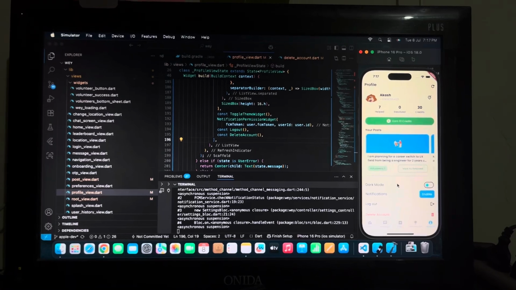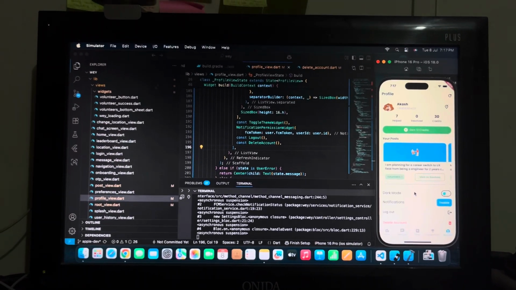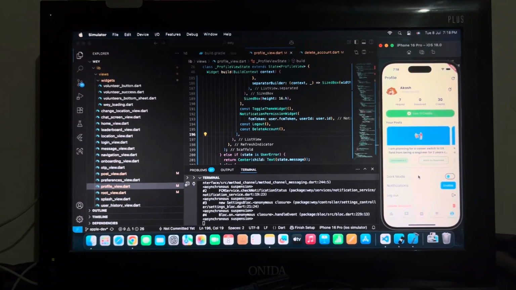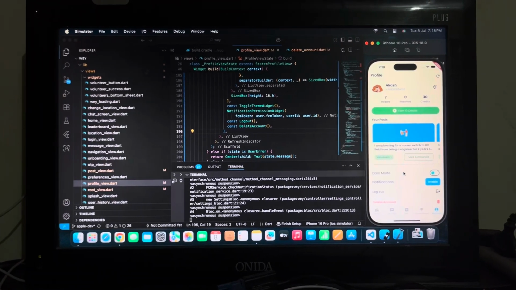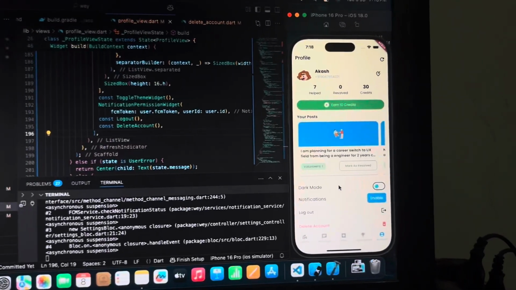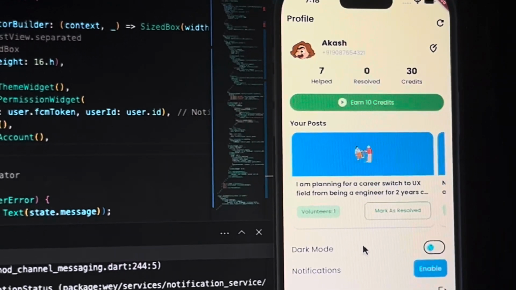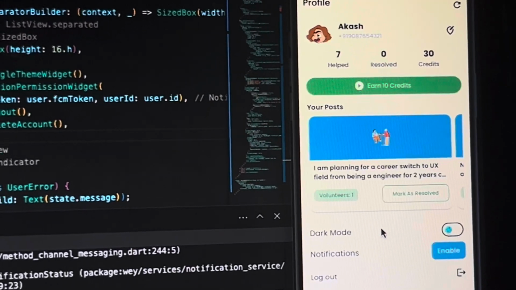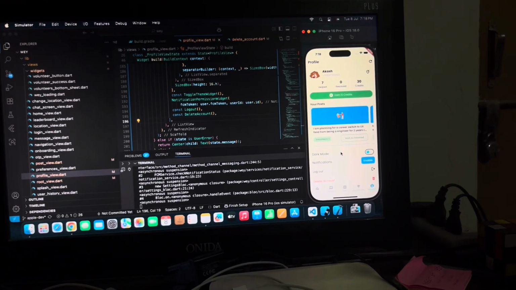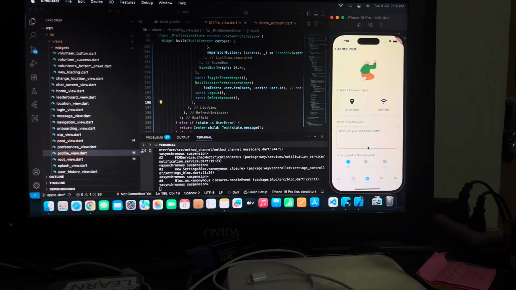So guys, as I promised, I was able to complete the profile screen and revamp it with the new UX. I've tried my best to think of a much better UX and revamp the whole screen. Though two things are left, as you can see, dark mode and notifications, the rest of the profile I have made simpler, much better looking, and not the previous gamified and very complex look. So I'm making the application more sleek.